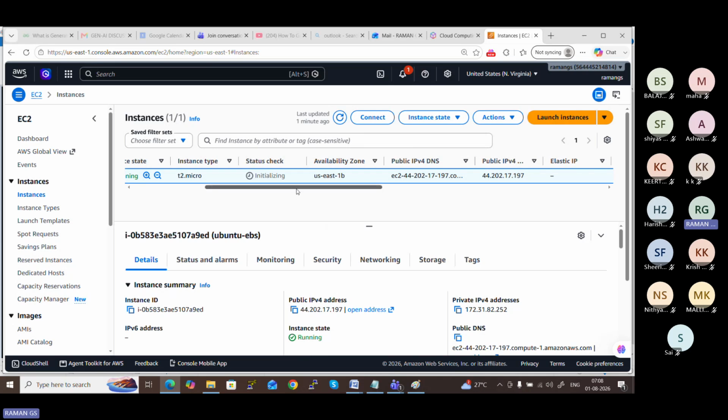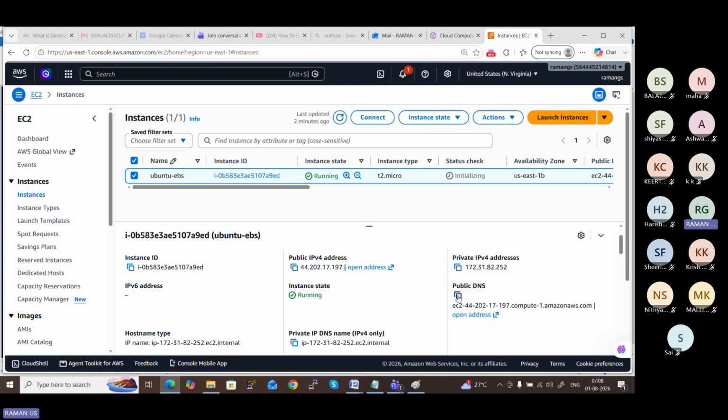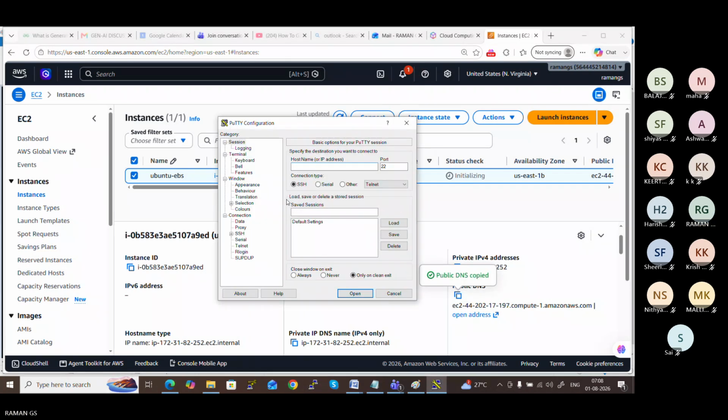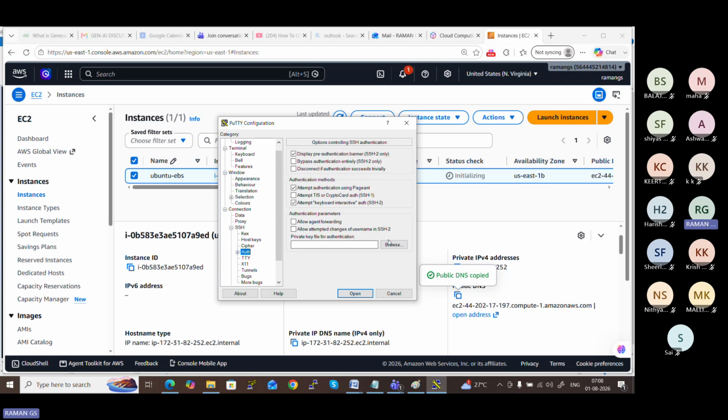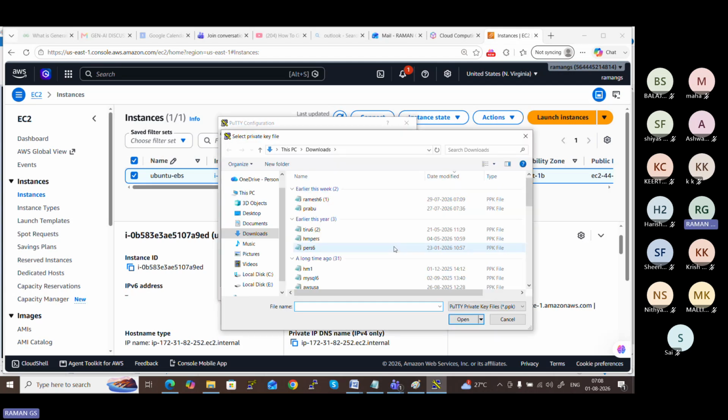So now this is your instance. Let me connect with the instance. Either I can use this public IP or the public DNS address. When I click the square box, it automatically copies the address. Go to PuTTY, under host name, I can paste it. And then click the plus symbol of SSH, authentication, and then browse. Then open the key that I made, here in the download folder, personal key.